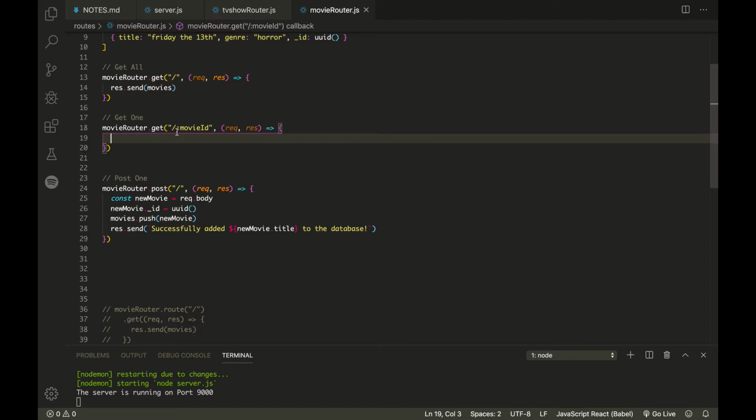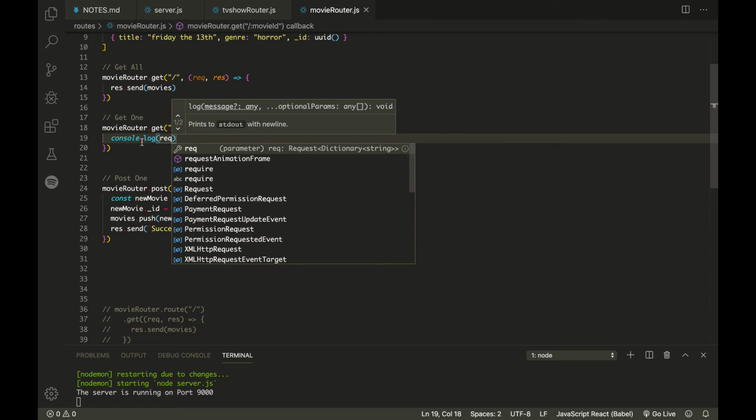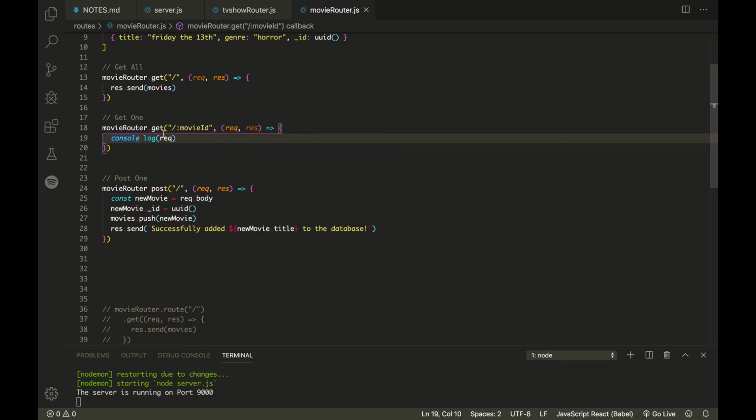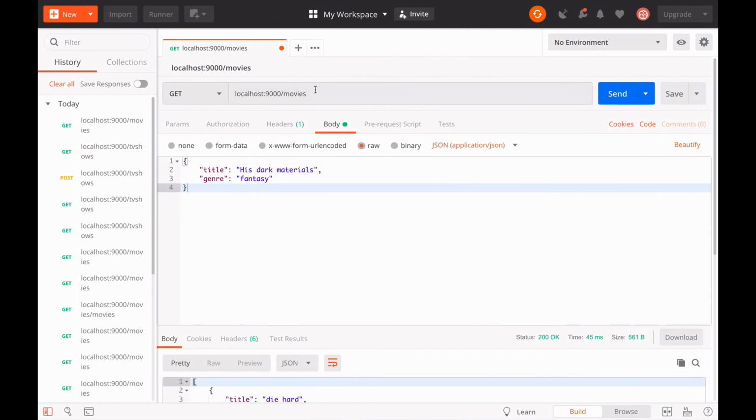Okay, so because the colon is there, I know it still just looks like a string, but the colon does hold special value in a URL. Let's console.log req again and test this movie router route out. So let's go to Postman. I'm going to do a get request to /movies/ here is my parameter. And we're going to look for this in the console log. So I'll hit send,